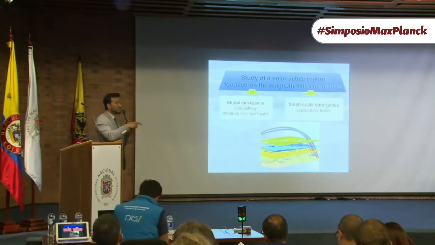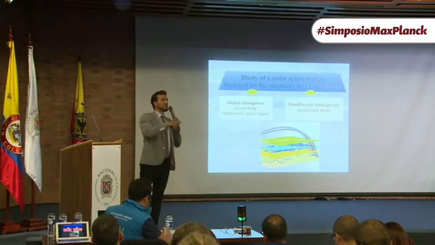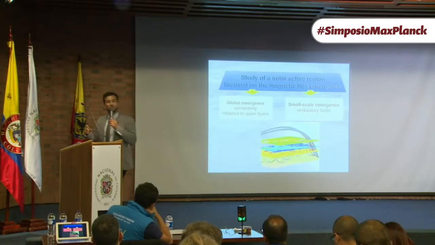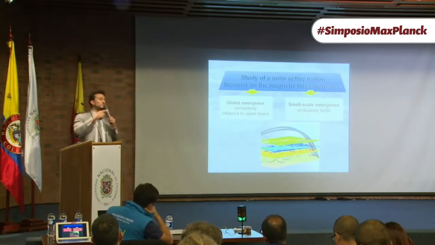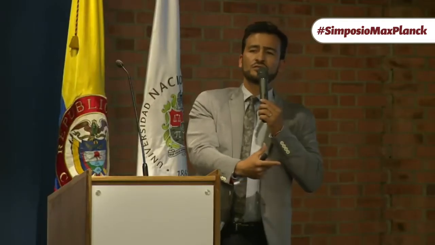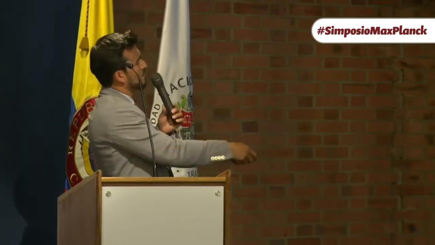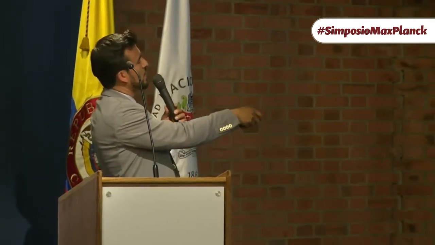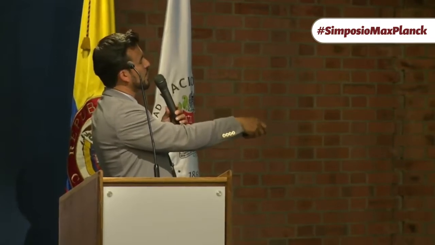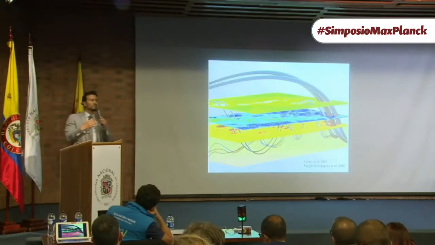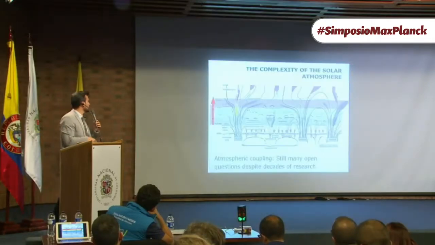So you have small scales everywhere on the sun, and they actually dominate when you have quiet sun. I mean, when you are in the lower part of the solar cycle, you don't have these massive active regions, but you have this lower activity based on these tiny magnetic features. So in this case, you have this large, strong magnetic field, but you also have these tiny, very weak magnetic fields, and they interact everywhere in the sun and all the time at different scales.